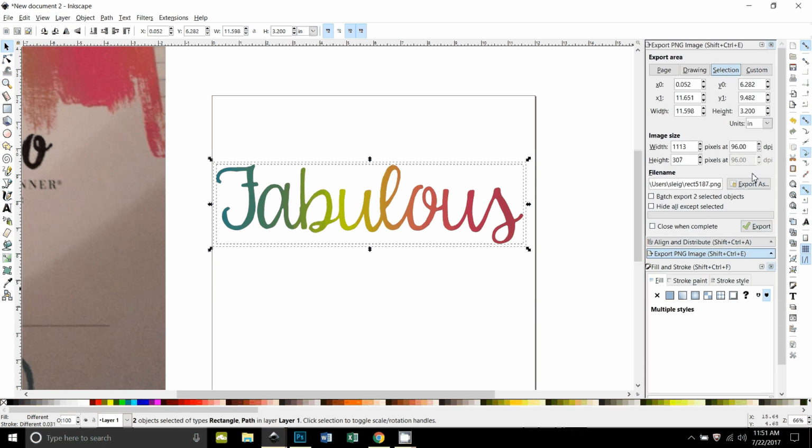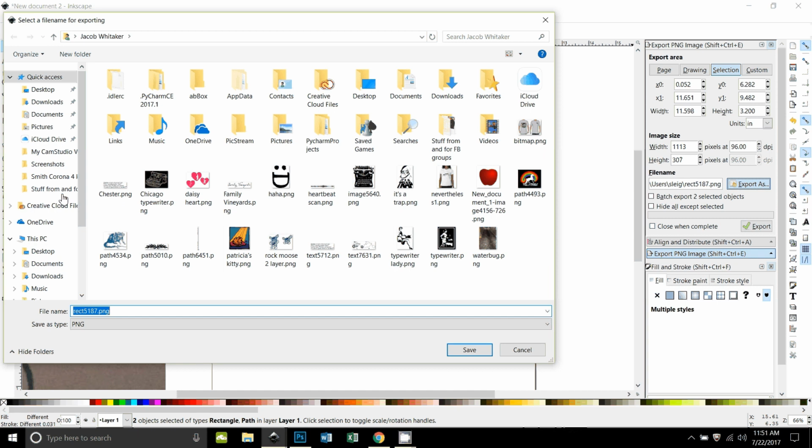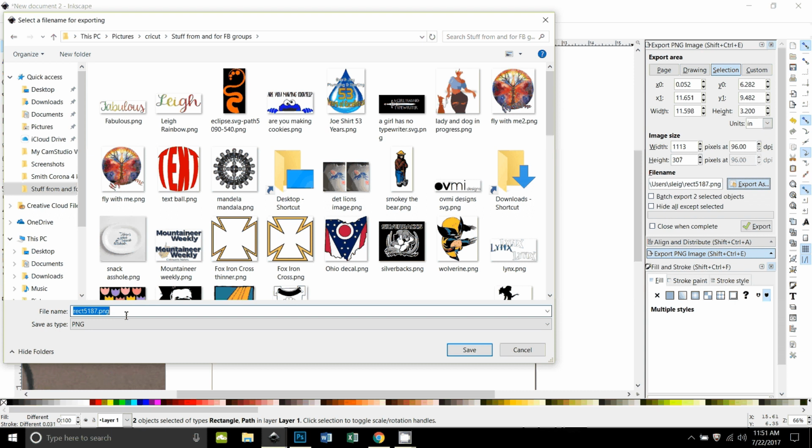Alright, then I click on your settings here. You can set how many dots per inch you want it to export as. 96 works fairly well for Design Space. This is going to affect how big it comes into Design Space, how large it is. So now I'll say export as, and this lets me tell the computer where I want it to save the file. So I choose my folder, and now down here I'm going to give it a name,